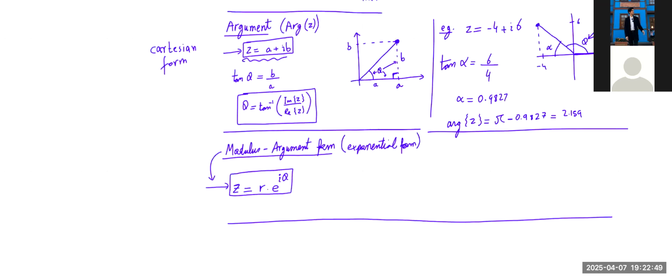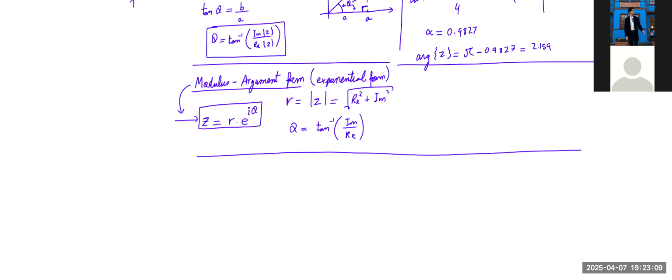Again, r is simply the modulus of z, which is the square root of the real part squared plus the imaginary part squared, and theta is simply tangent inverse of imaginary over real. So that's it, basically. This is how you convert from the Cartesian form to the modulus argument form. But how do you go back from the modulus argument form,